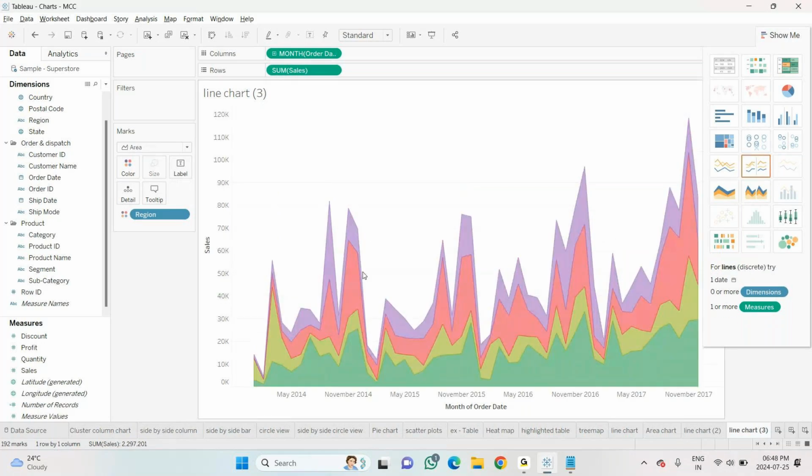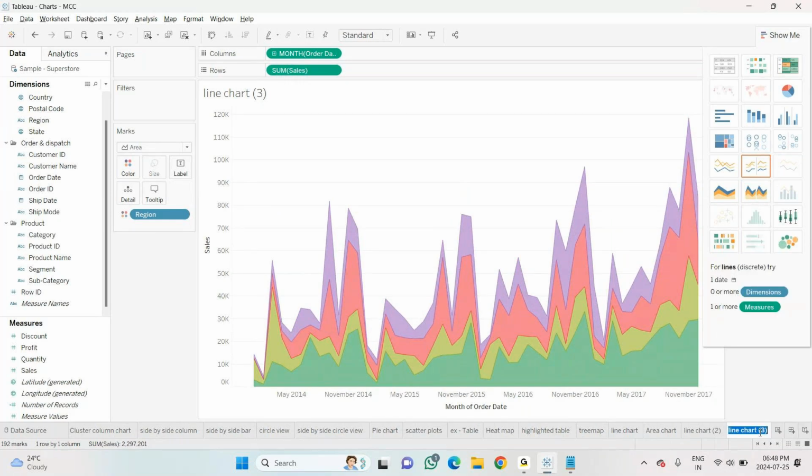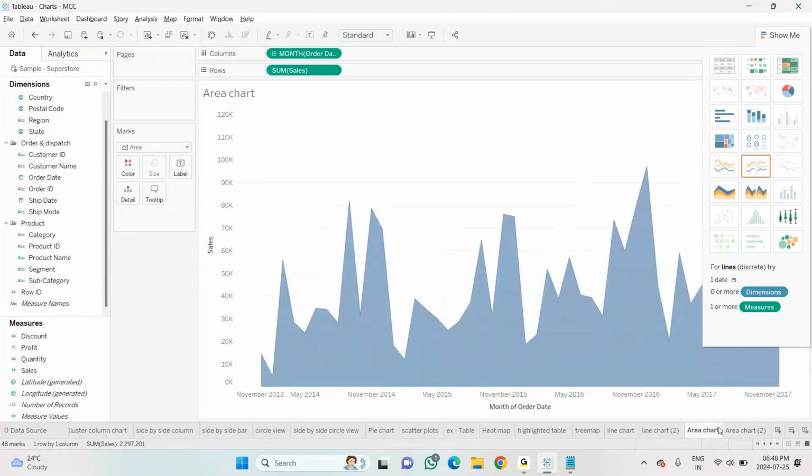So colors wise, let it be area chart 2. I'll rename this as area chart 2. So line chart and area chart, you can try both of these.